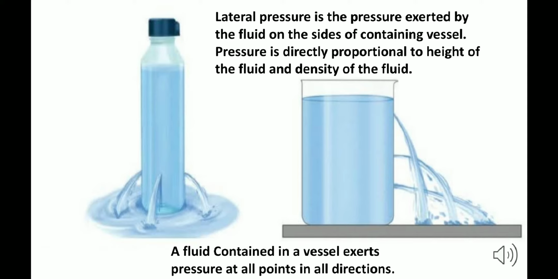Now you can see here the other one where we have a container and we have 3 holes. We are seeing the height. Now, from above, the height is very less for the first hole, and therefore the water is falling out there only. For the second hole, the height has increased a little bit more than the first one, and therefore the fluid which is coming out is going to a farther place. It is going farther than what it is falling from the first hole.